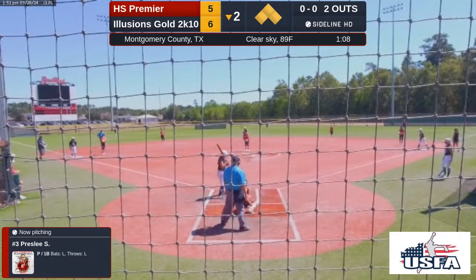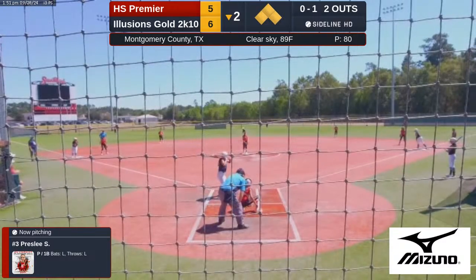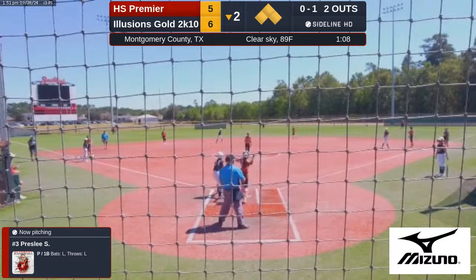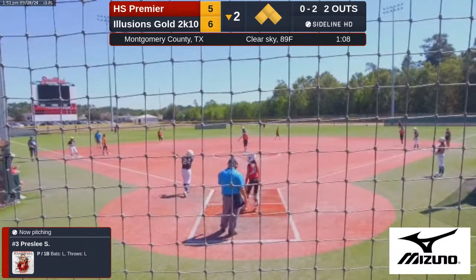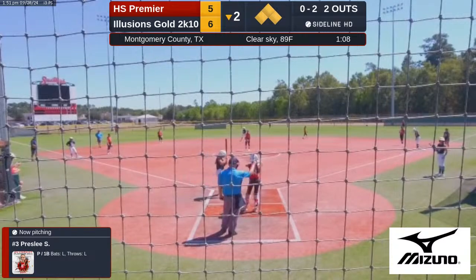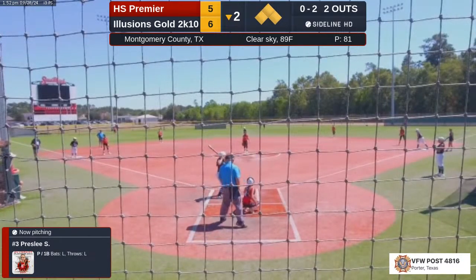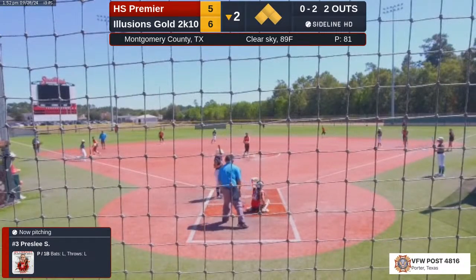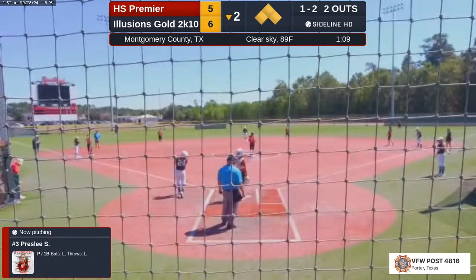Bottom of the second inning. 75-minute games are supposed to go more than 2 innings. A lot of pitches thrown in this one. That's strike 2. Not given to her, ball 1. 1 ball, 2 strikes.